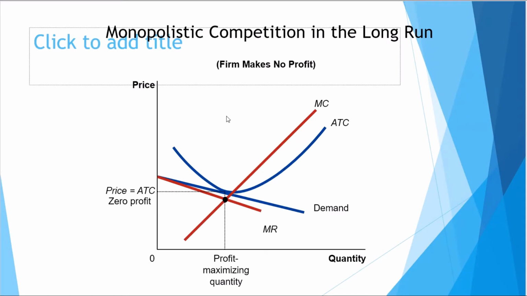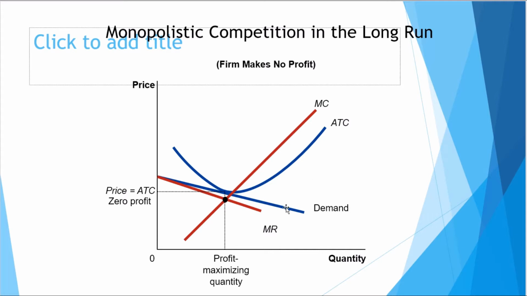Okay, so here's the final picture. As you can see, marginal cost, marginal revenue. This is the profit maximizing quantity. This is the demand, and this is the average total cost curve. Now, like I said, in the long run,